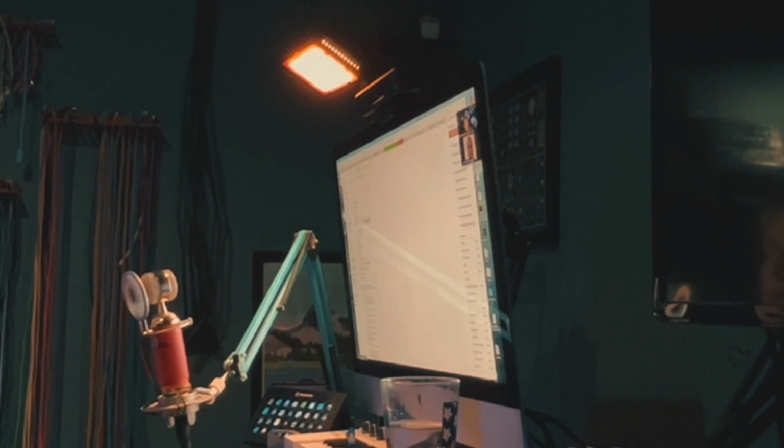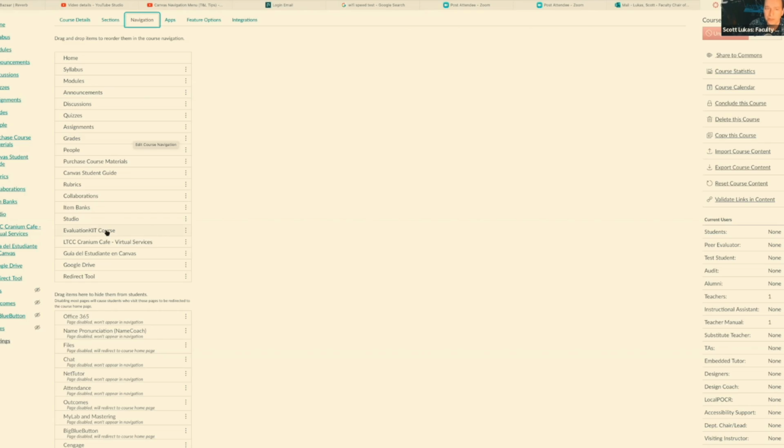It's a great idea. If you see this evaluation kit, the evaluation kit is if your class is being reviewed. Many of our part-time faculty get reviewed. You always will be contacted by your peer evaluator and or dean. Typically during the quarter, if you're being evaluated in the spring quarter, they'll reach out to you in the first few weeks. And we want that to appear there because then the students can access it and give you feedback on your class.